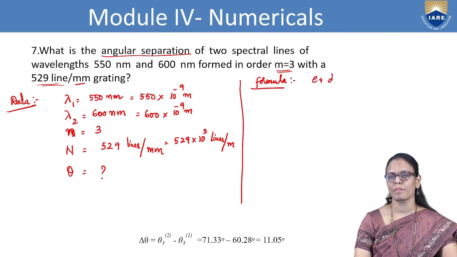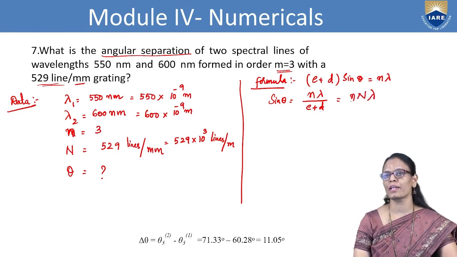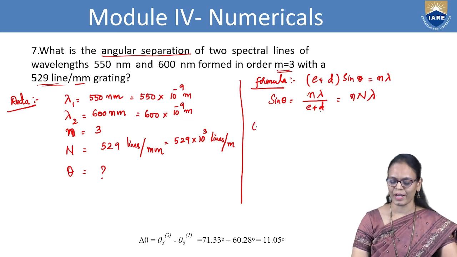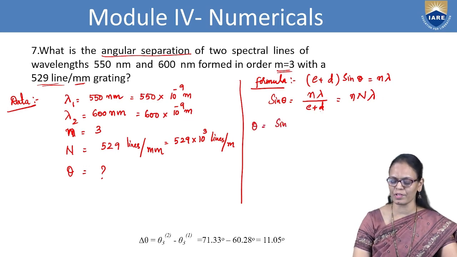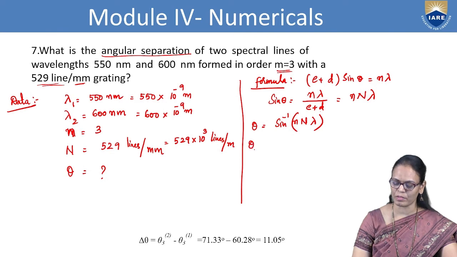(N + d) sin theta is equal to n lambda. So sin theta will be equal to n lambda upon (N + d), or 1 upon (N + d) is capital N. So small n into capital N into lambda. And theta is equal to sin inverse of small n capital N into lambda. Now first we'll write for theta 1. Theta 1 will be sin inverse 3 into